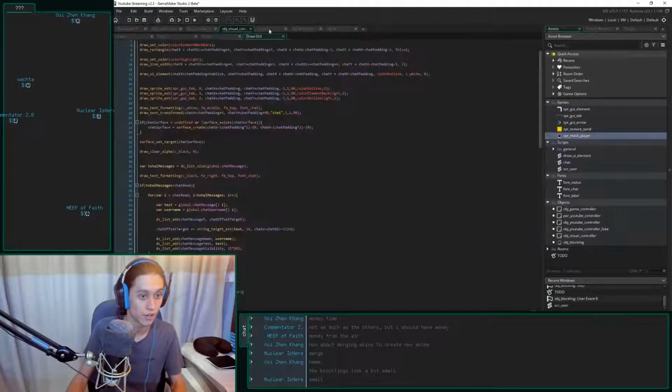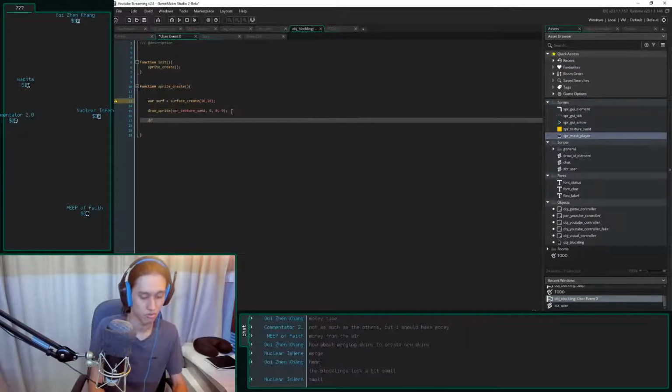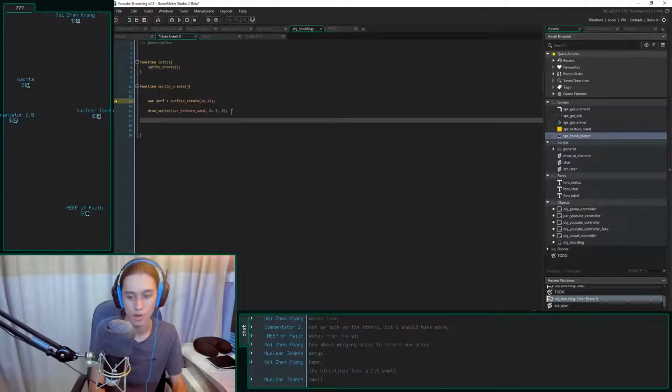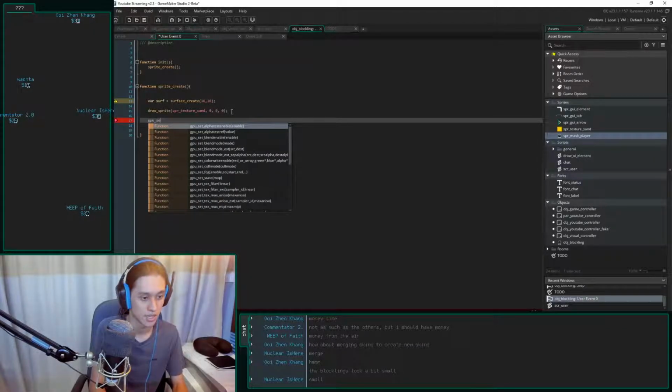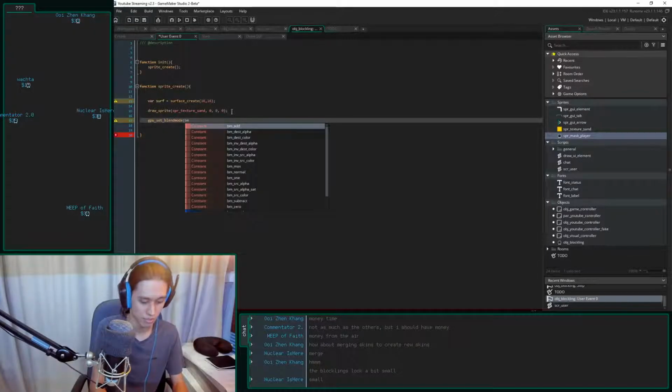Yes, that's very good because I wanted it. And then I'm going to draw. Ooh, I need some blend modes. GPU set blend mode. This is going to be a BM subtract, I believe.